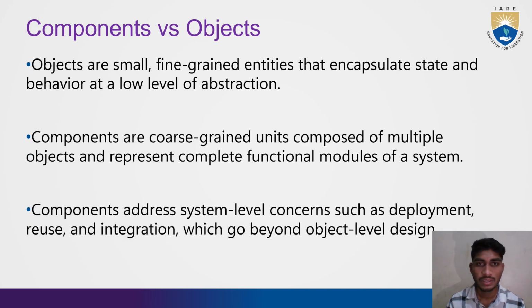Components versus objects. What is the difference between components and objects? Objects are small, fine-grained entities that encapsulate state and behavior at a lower level of abstraction. Components are coarse-grained units composed of multiple objects and represent a functional module of a system. Components address system level concerns such as deployment, reuse, and integration, which go beyond object level design. And our next slide is